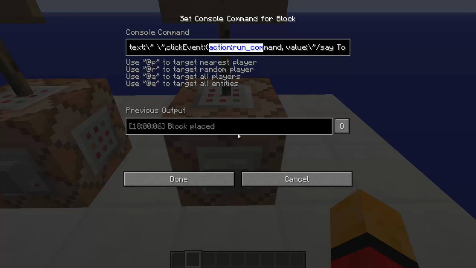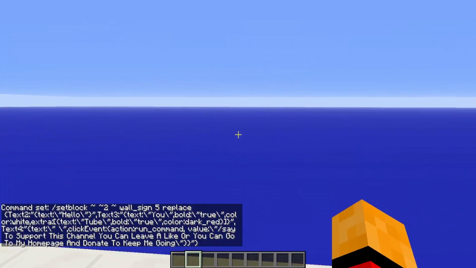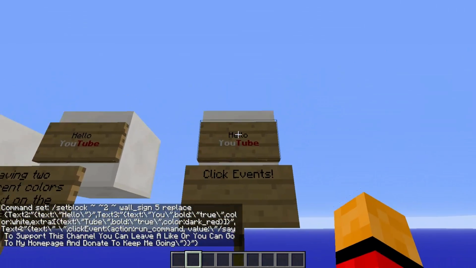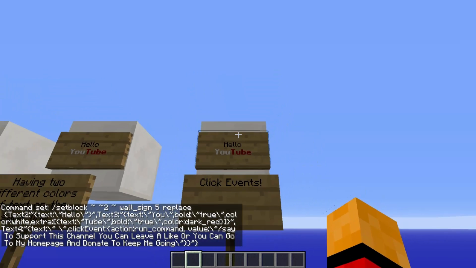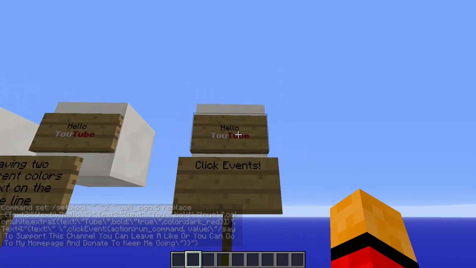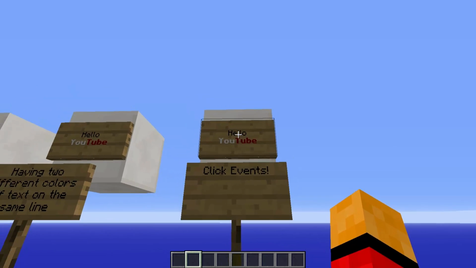colon, run underscore command. So this is telling me when an event happens that a player is clicking this, the action that we want to run is we want to run a command. So the value of the command is basically what the command is. So you can put anything in there, /say, anything you want, and then, as you can see, if we right click on this,